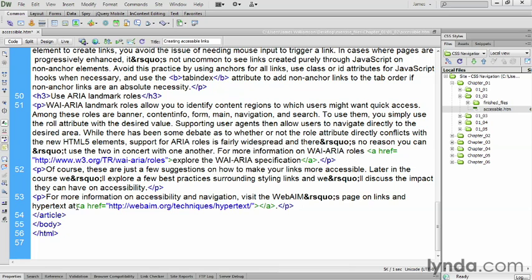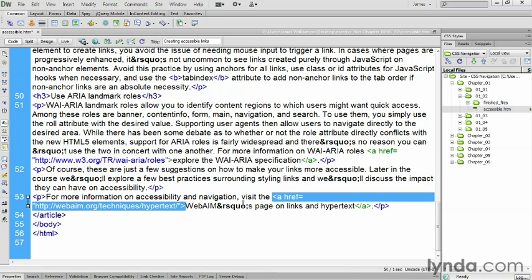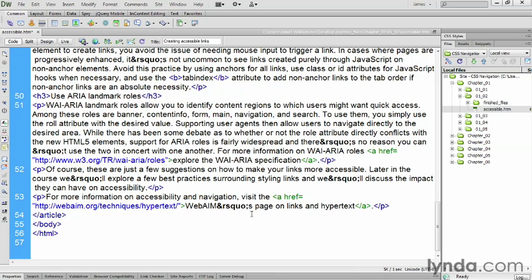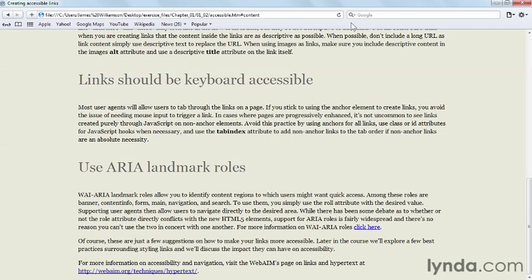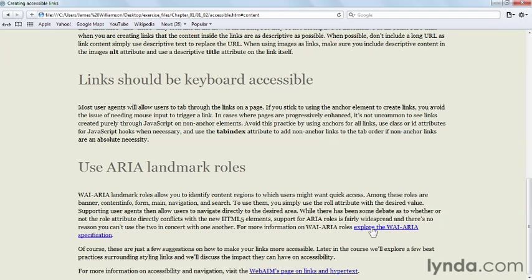I'm going to get rid of the word "at," and then I'm just going to take the anchor element and surround the text that it's referencing. Absolutely nothing wrong with that. So now, instead of having to write out that entirely long URL and then have screen readers read that, if we go back and take a look at this page, we can see that these links are much more